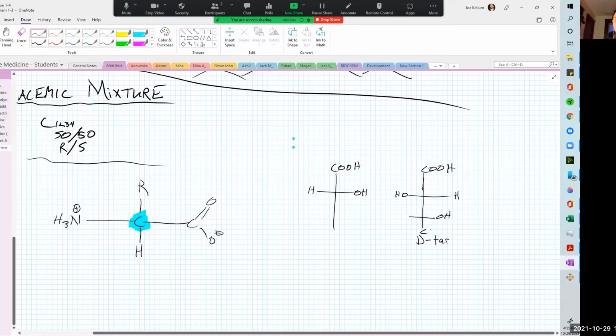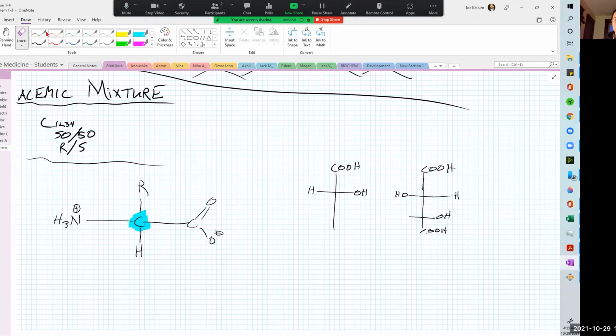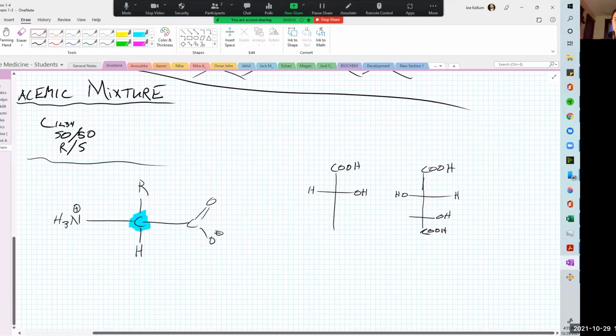Whereas the other one is called meso tartaric acid. And the reason for this one being, I should have made you guess which one was which, but the reason this one's called meso, whereas this one's just D, it's not nearly as cool of a name, has everything to